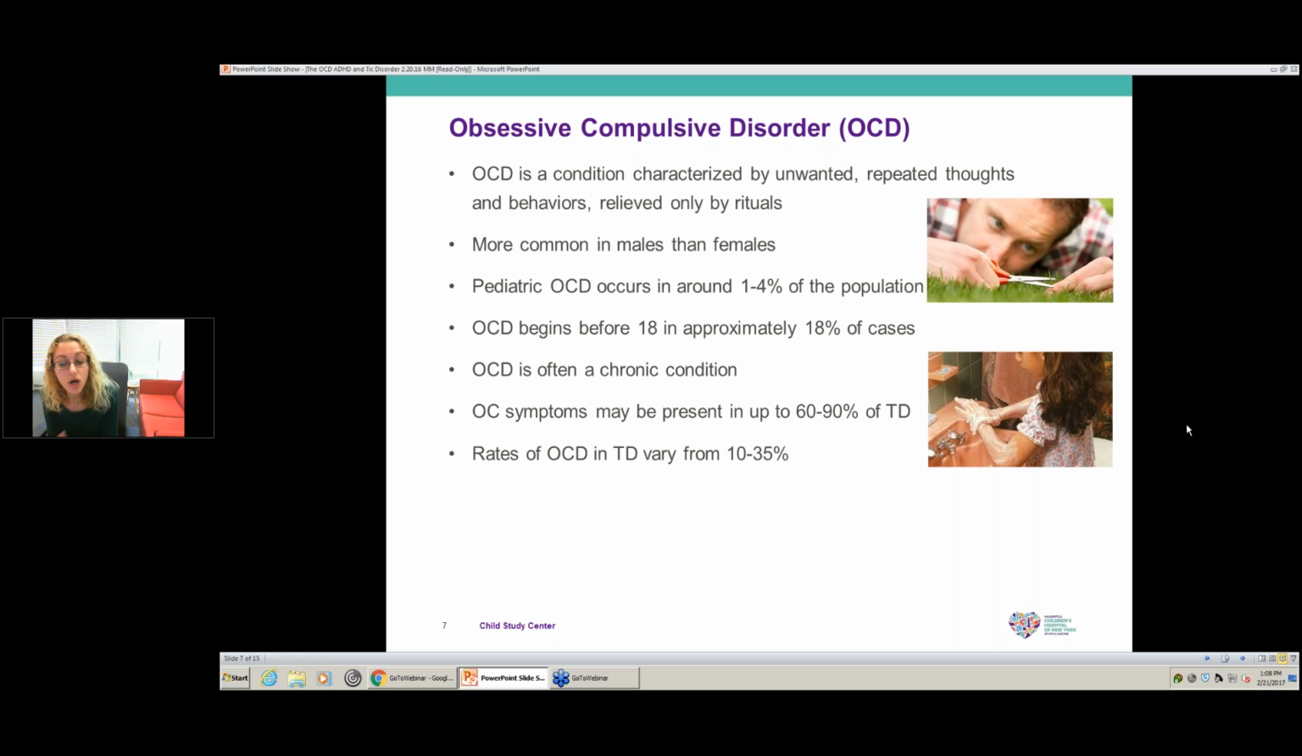Obsessive-compulsive disorder is also like Tourette's disorder. It is more common in males than females. As far as it goes with children, it also occurs in a small percentage, around 1 to 4%. However, unlike Tourette's disorder, this occurs more often in adults than children. Only 18% of cases occur